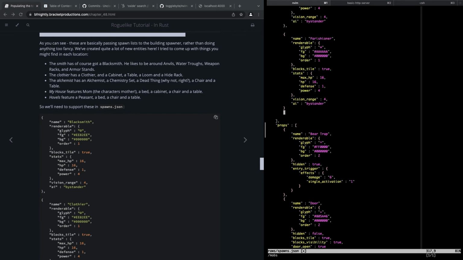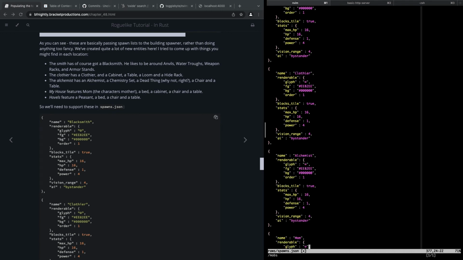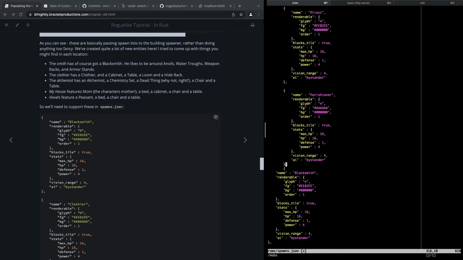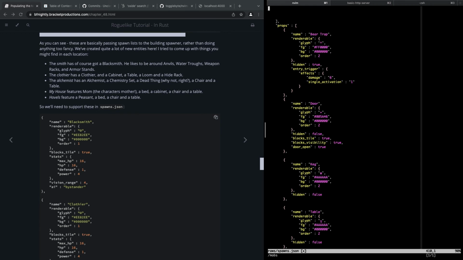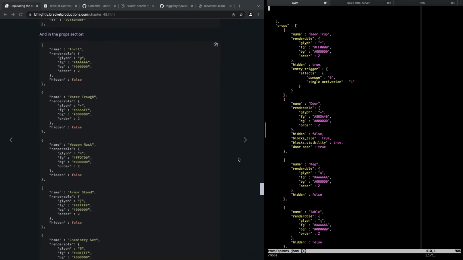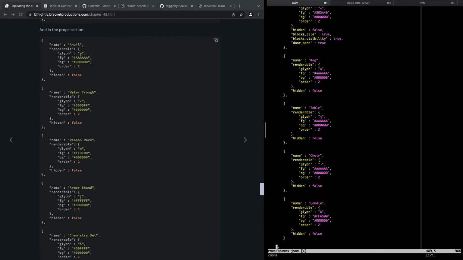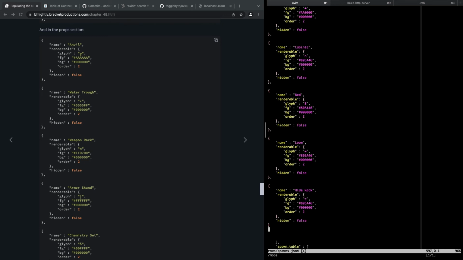Let's put them at the end here. Paste. And put a comma here. I don't want to have to reformat all that, but I want to. Okay, and then the props over here. Let's put these at the end as well. Oh, we can do this and then paste. Okay, so